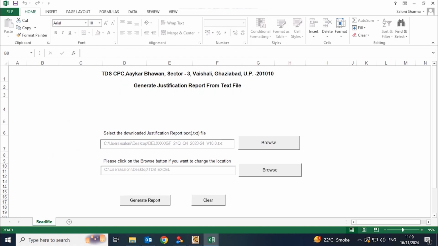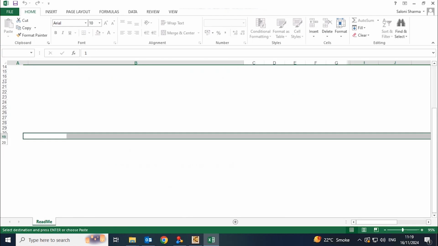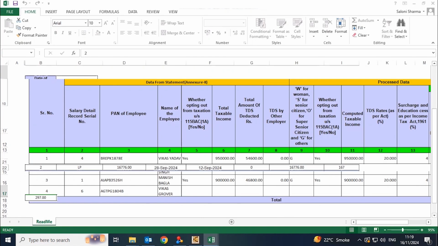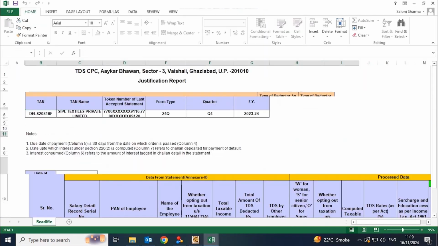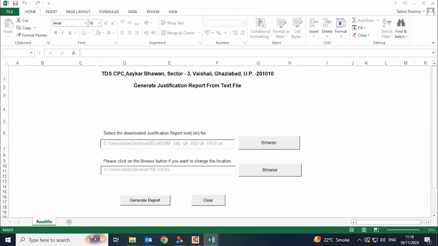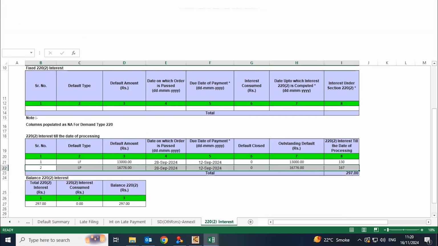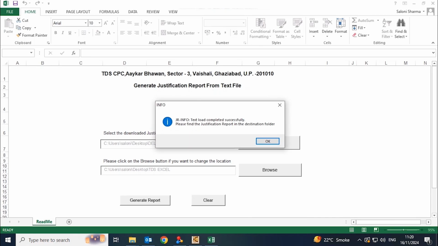Here you need to select the location where you want to save the justification report, and after that click on generate report. After you click on generate report, the justification report will be generated like this, and at the end a "text loaded completely successfully" message will appear. So like this you will be able to generate the justification report in Excel format.